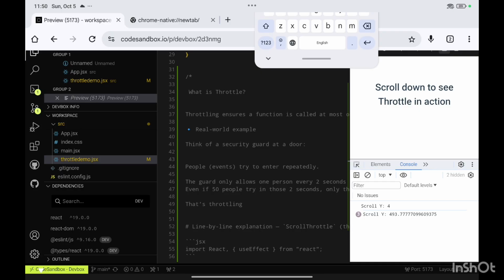But this is the throttle. In throttle, whatever delay time we provide, suppose here also we provide 500 milliseconds, even if we are constantly typing, then in every 500 milliseconds, think of this as a set interval, it will fire one API call. Okay, to understand it more clearly,